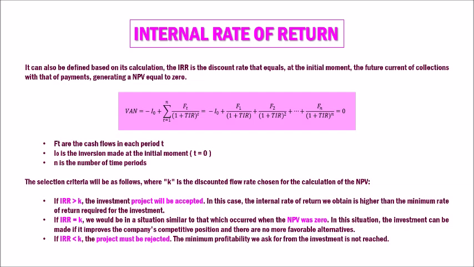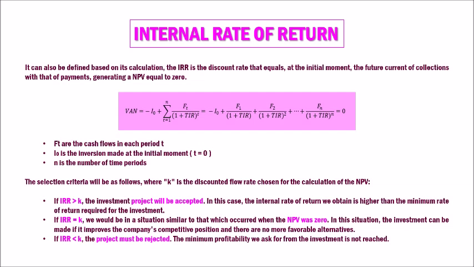The selection criteria will be as follows, where K is the discount rate chosen for the calculation of the NPV. If IRR is greater than K, the investment project will be accepted. In this case, the internal rate of return we obtain is higher than the minimum rate of return required for the investment. If IRR is equal to K, we would be in a situation similar to that which occurred when